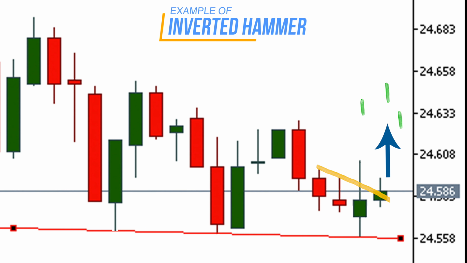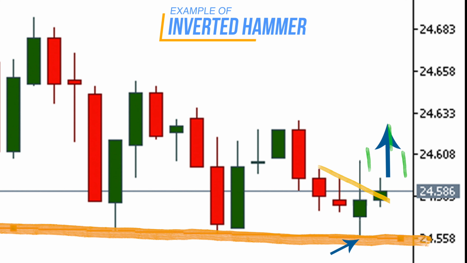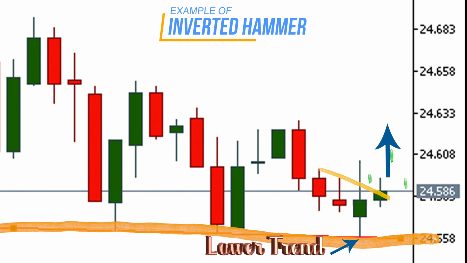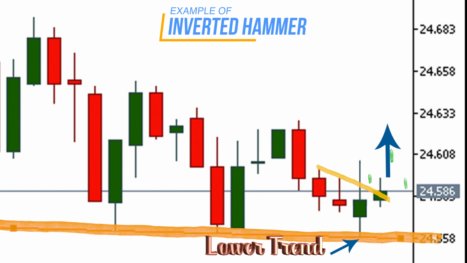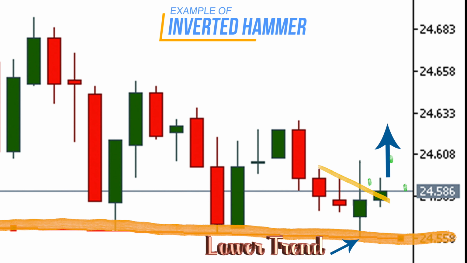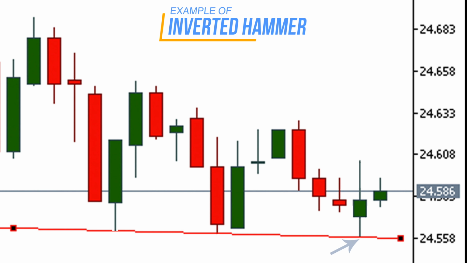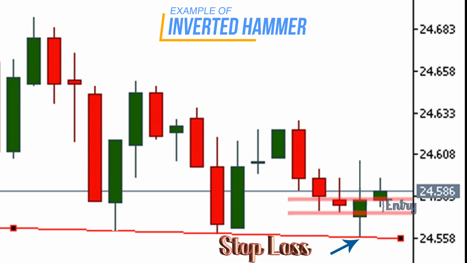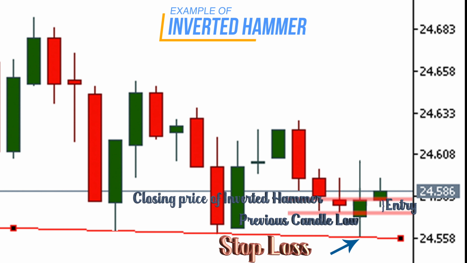Here all the candlestick traders will typically look to enter long positions or exit short positions during or after the confirmation candle. For all candlestick traders taking new long positions, the very important thing is that the inverted hammer forms in a downtrend of the chart. This is a sign of a potential bullish reversal pattern in the market. We can place the stop loss at the low of the inverted hammer shadow. The entry is between the low price of the previous candle of the inverted hammer and the closing price of the inverted hammer candle.